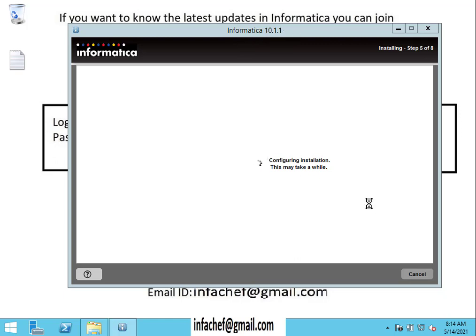It's trying to configure the files that we have copied from the zip file to the local machine. So now it started configuring the values. It will take time. Once it's configured, we'll try to create a domain. Once we have created a domain, then we'll move to the next steps.